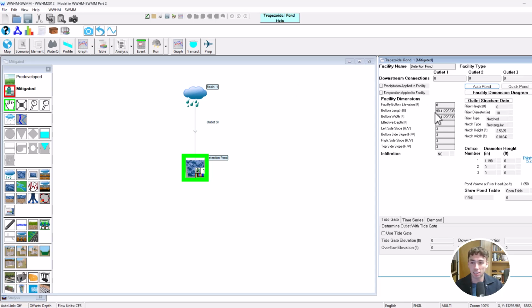We can see here that it's 90 by 90 feet in length and width. It has an orifice of 1.198 inch diameter, a notch height of 2.56 feet, and the width of 0.0164 feet. The riser is still notched, and the notch type is still rectangular. The riser diameter is now 18 inches. So notice the 90 by 90 facility is much smaller than the 200 by 200, but because the outlet structure was modeled in a more efficient way, we're now able to get a facility that is not going to take